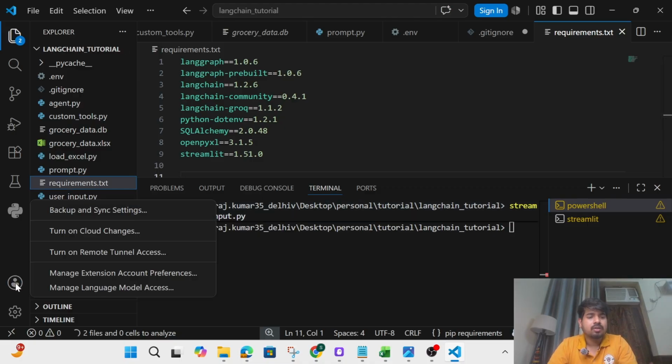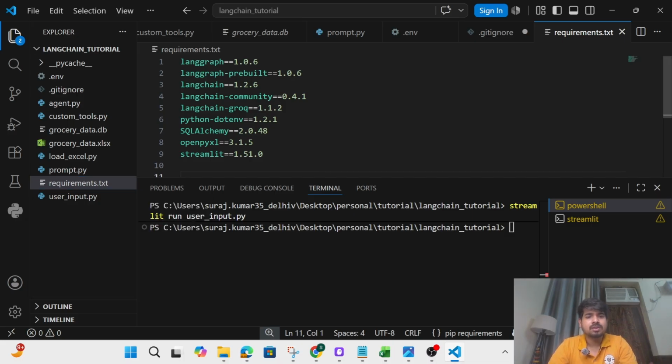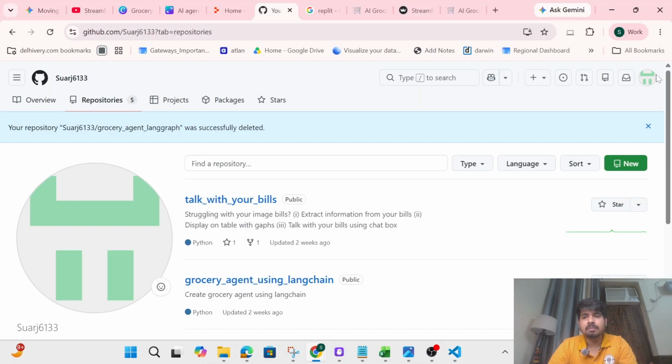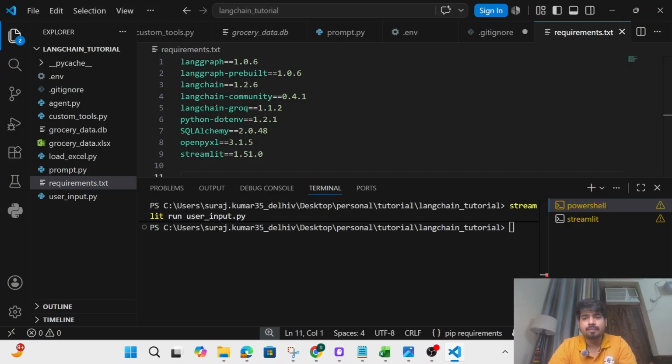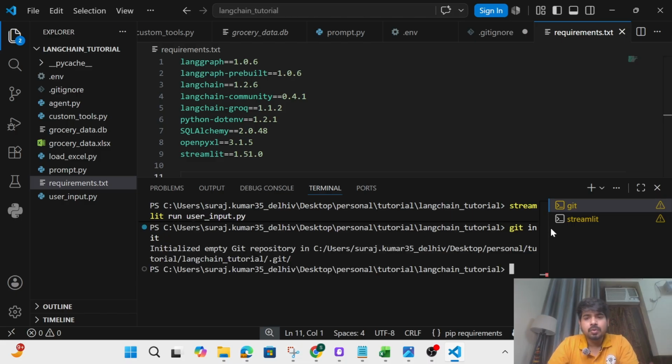First of all, click here on accounts and check whether your account is connected. If it is connected, it is all good; you have already done some of the steps. But if it's not connected, it's all fine. You just create an account on GitHub, and we will be using this profile name to connect it. So what I'll do here is write git init in the terminal. Now, as soon as you do it,